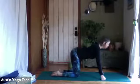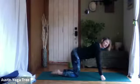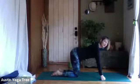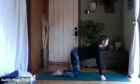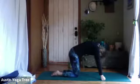Inhaling takes us into our gentle back bend. You keep the spine long as it extends. And the exhale, scoop, tucks, and rounds the back up towards the ceiling. So try to feel a little bit of movement in the pelvis, really rolling that breath up and down the spine, maybe a little bit of movement in your shoulders, head and neck, whatever feels best for your body today. We'll come back to neutral once we balance ourselves out,